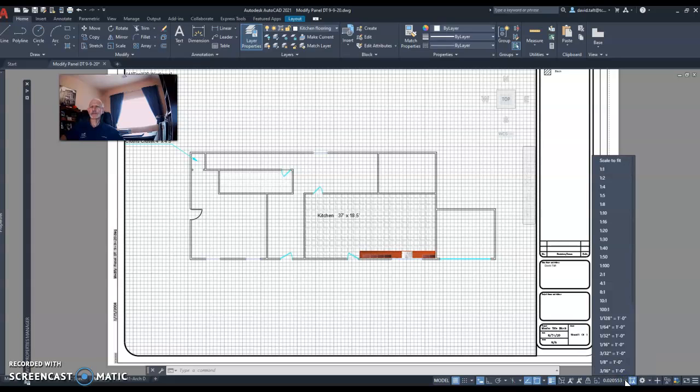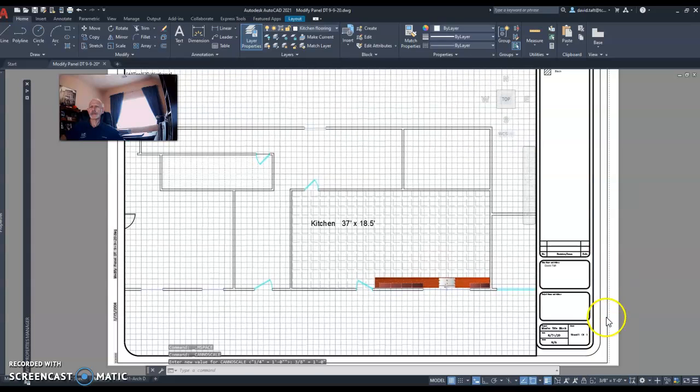Here I have a selection of scales. The ratio scales are primarily for mechanical drawings. For mechanical drawings, we're going to use ratios in this class. This is for mechanical drawings. This is being an architectural drawing. We're going to use architectural scale, and we'll start off with